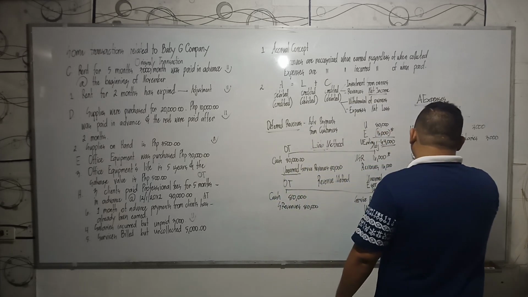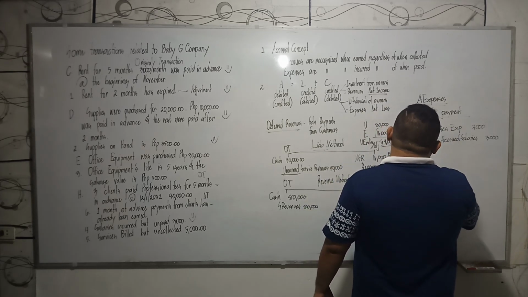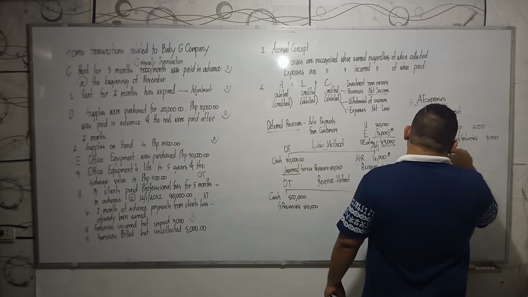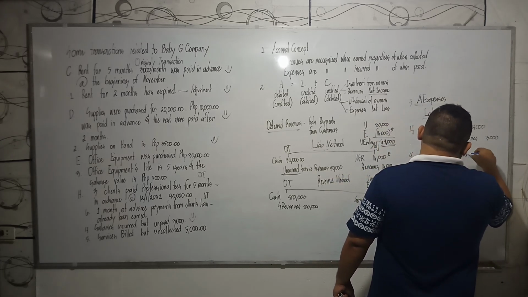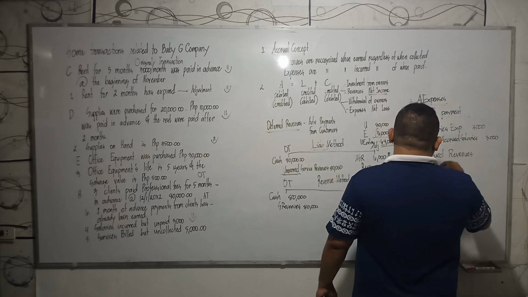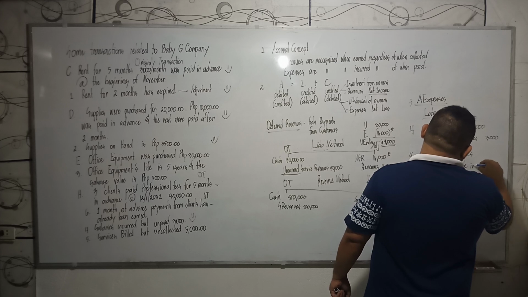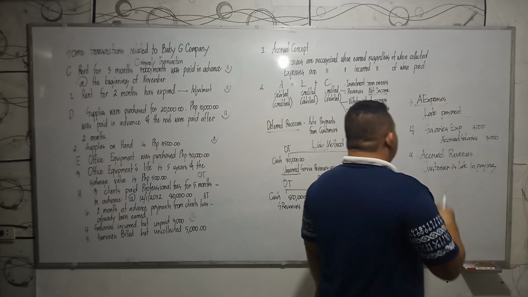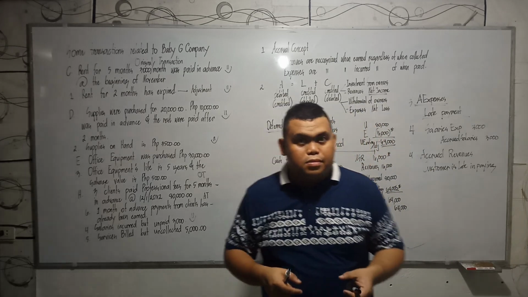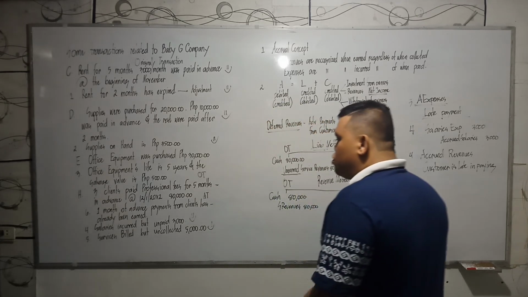So number 5, we have accrued revenues. This is number 3, right? Number 4 is the accrued revenues. This is the opposite of deferred revenues. Accrued revenues, customer is late in paying. That means you have already delivered the goods or services that you are supposed to deliver, but the customer did not yet pay. And an example of the transaction is this number 5, which is the services, you have already